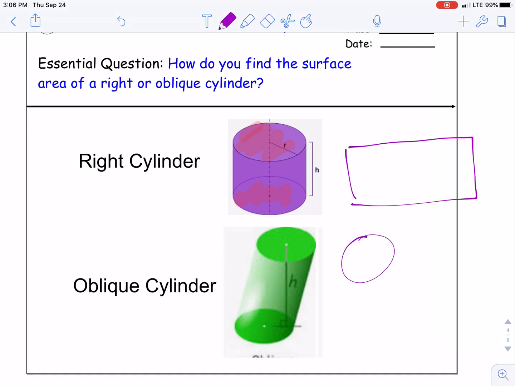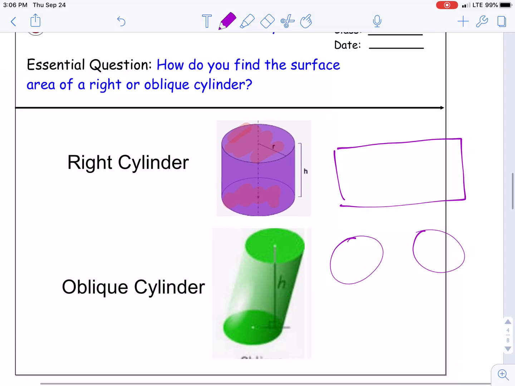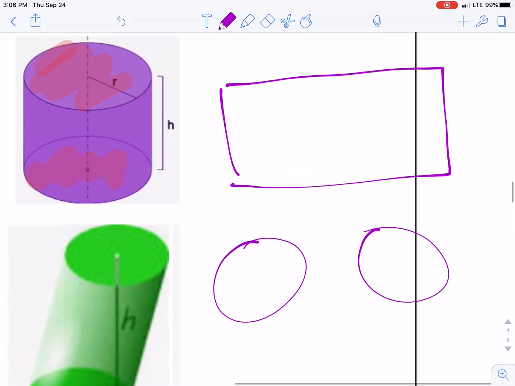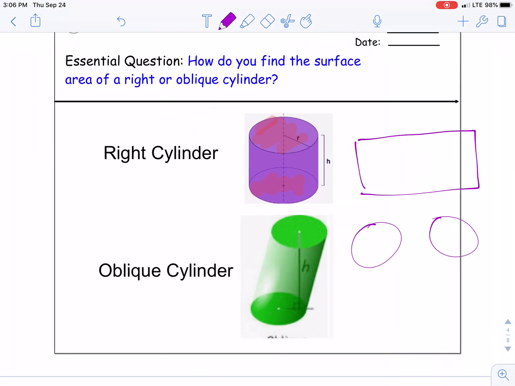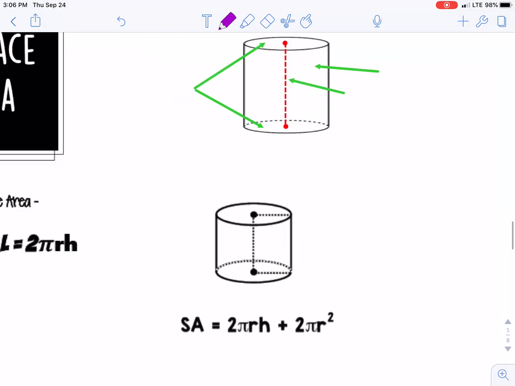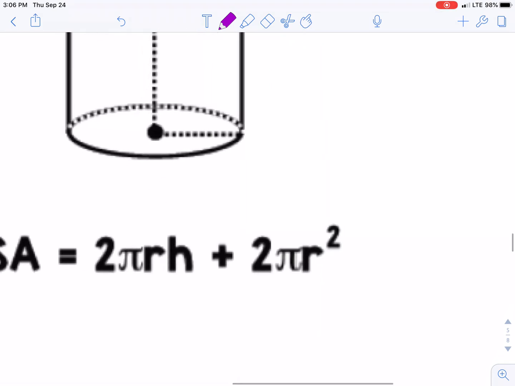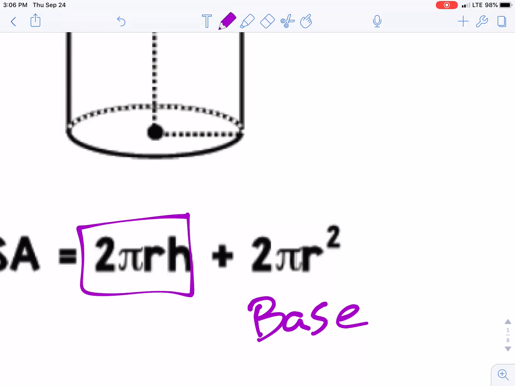Okay, so this is our shapes when we have it broken down. These are basically 3 shapes. We have 1 rectangle and then the 2 circles that are the 2 bases. We're going to find all 3 of those, add them together. Now the good thing with our cylinder is we have this formula. These represent the bases, and this is the dimension of our